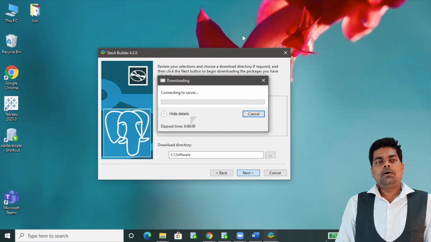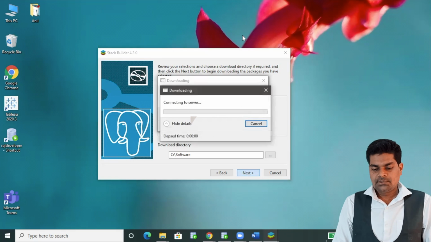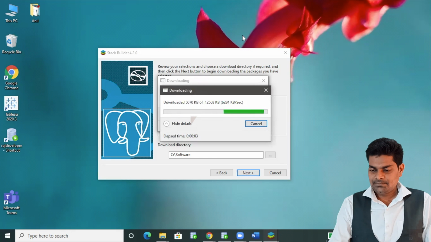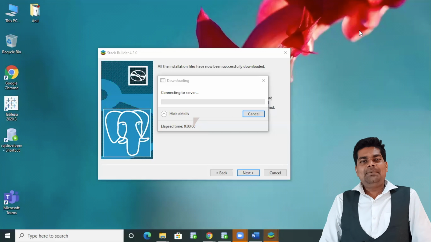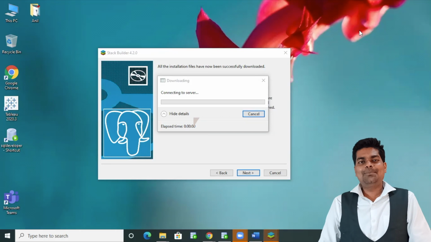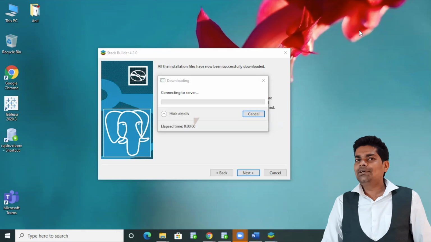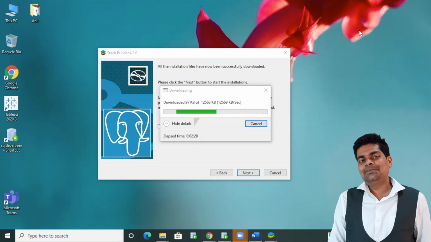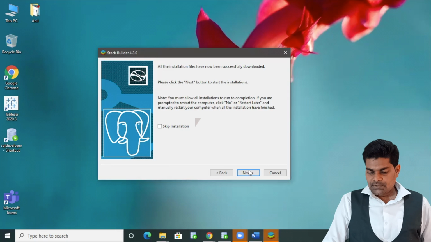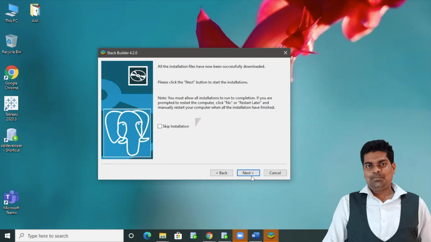All the components are being downloaded. We will see the basics of PostgreSQL in upcoming videos: how to work in PostgreSQL, how to run basic queries, what the architecture is. So downloading is in progress.